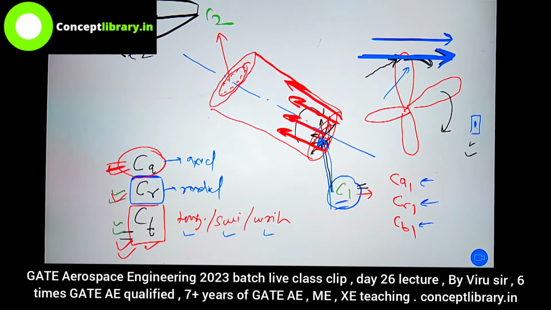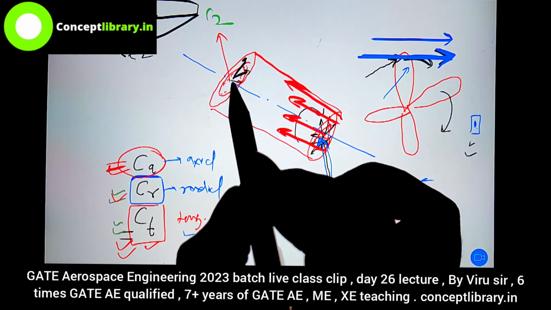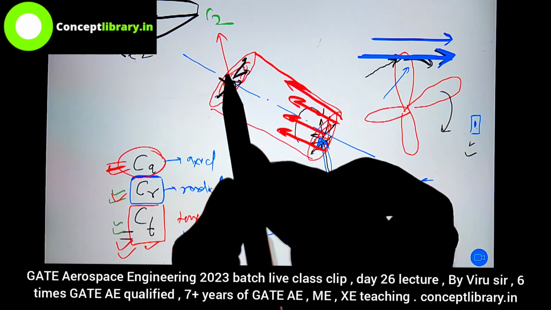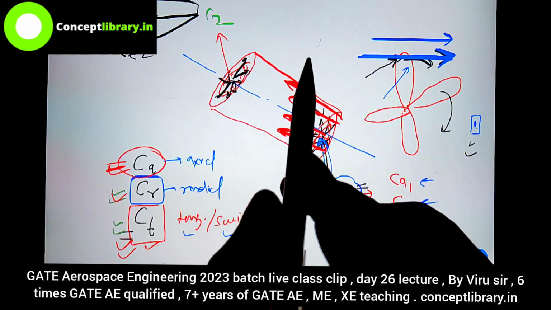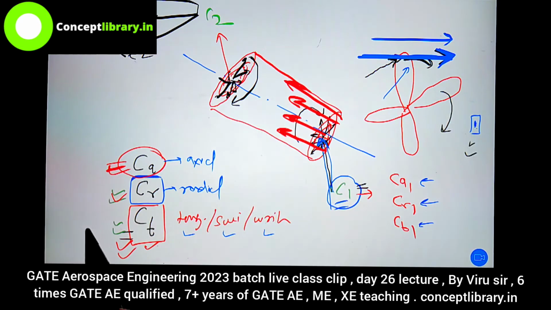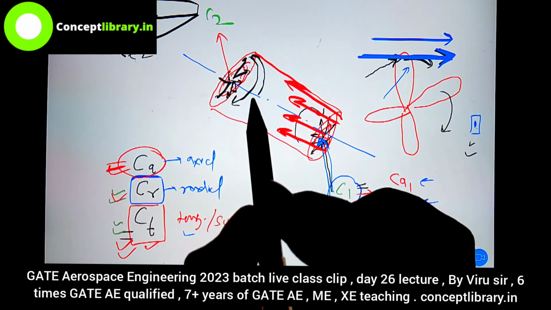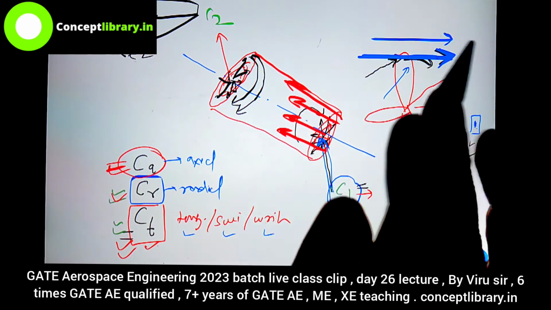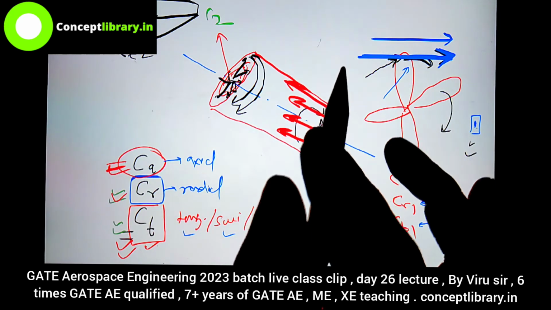Now because of these three components, you will have three different types of velocity also. Radial component, you should not be confused: the radial component helps the flow spread out radially towards the circumference. The tangential component helps the rotor to rotate. Or, because of the rotor, we are getting the tangential component. This you can also say.